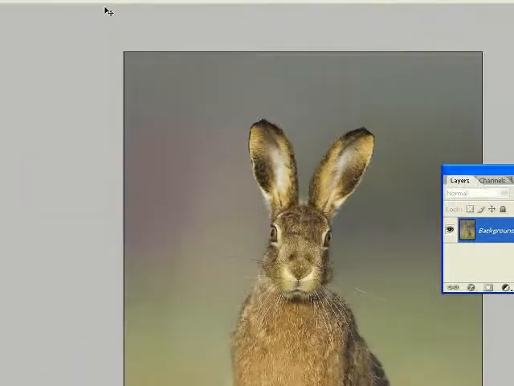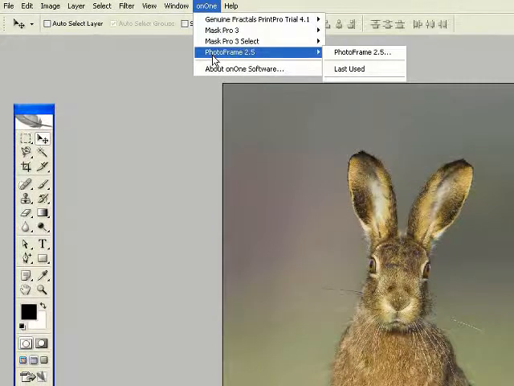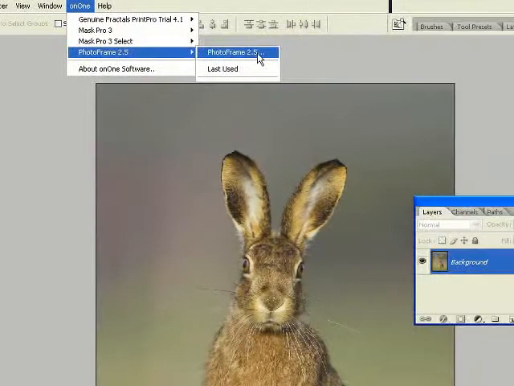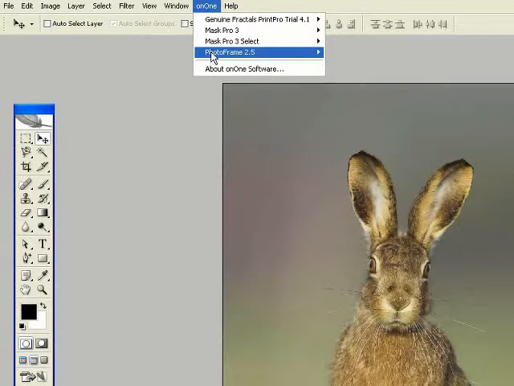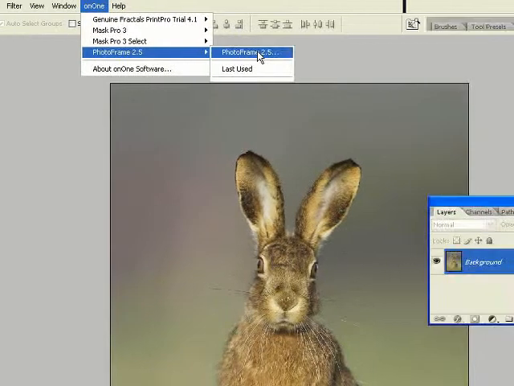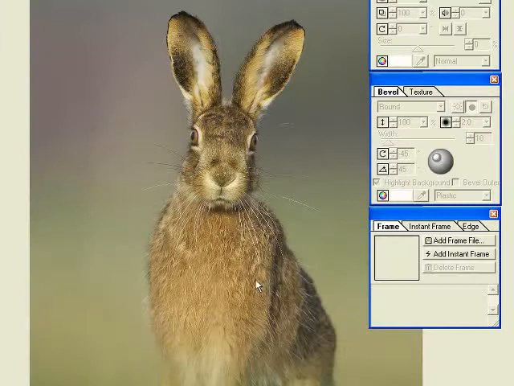But one option here is to go to ON1's PhotoFrame plugin, and we've got a demo here that lasts 30 days. So just install that into the Photoshop plugins folder, and when you restart Photoshop you'll see a little section here called ON1, and you'll be able to access it from there. So click and just say yes to the demo, and up will pop this interface here with the rabbit showing